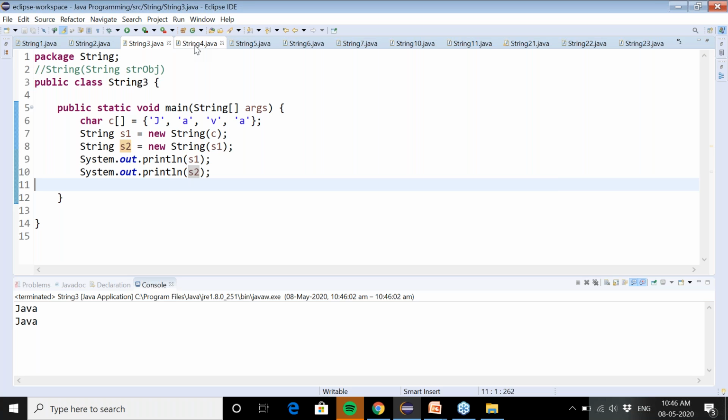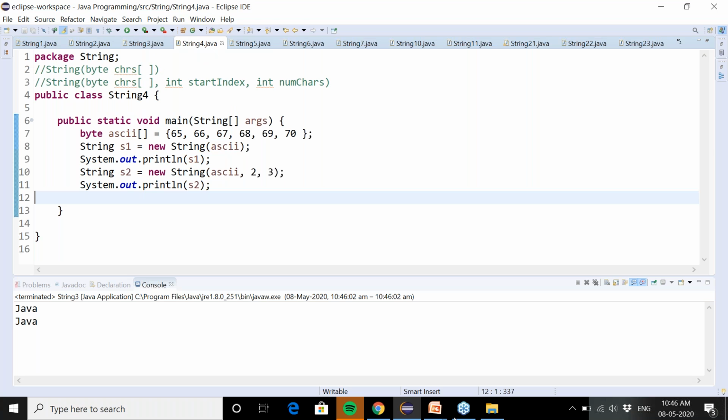And the next one, after that we have another constructor that is supported by this string class, and that is, let me check whether this is working.